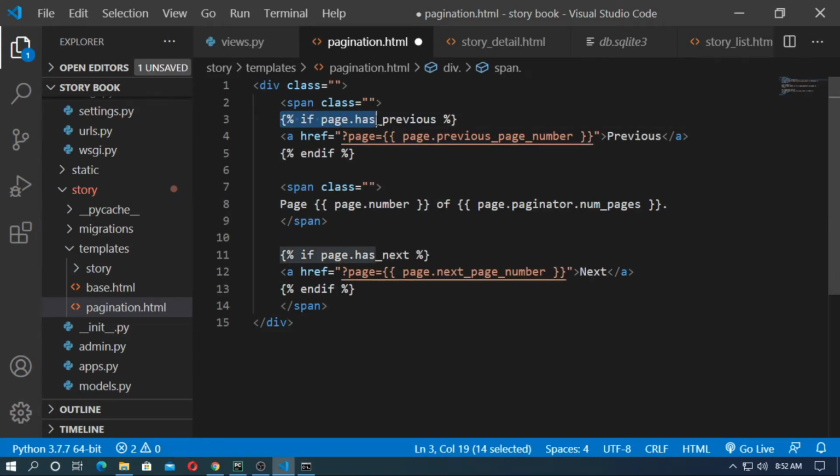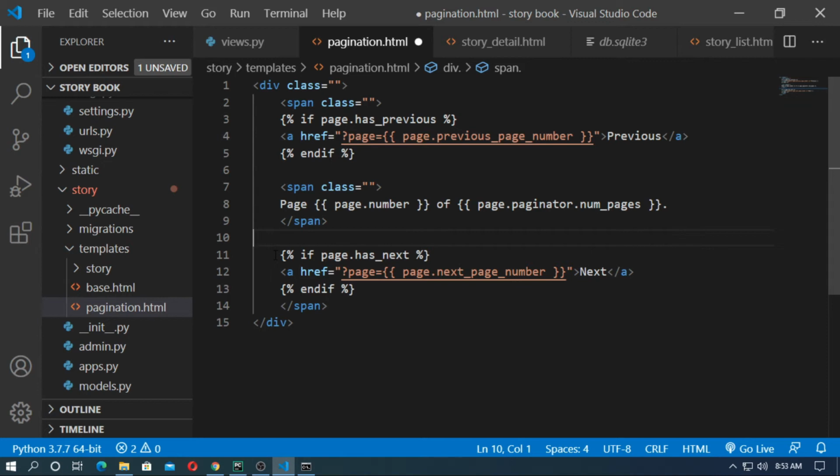So if page.has_previous, meaning previous page if exists, then this block will run, and end the if block. So if the previous page exists, then a hyperreference to the previous page number, and here type previous. Then type a span with class page, then the Django variable page.number of the total page. This is the current page number and this is the total page number, page.paginator.num_pages.